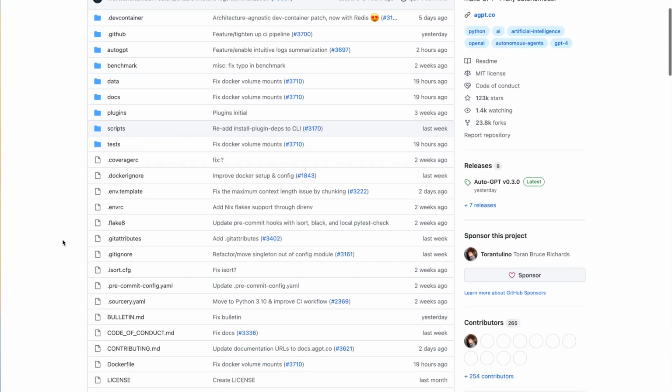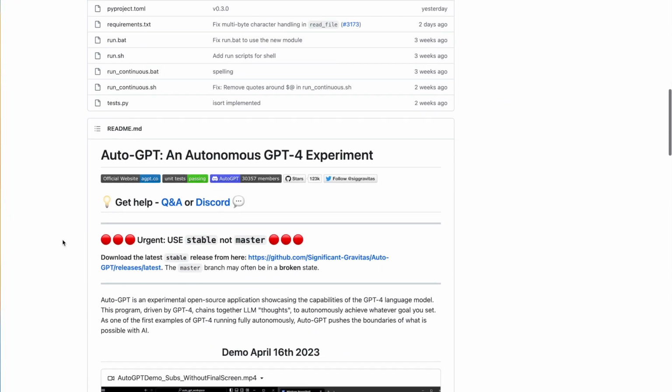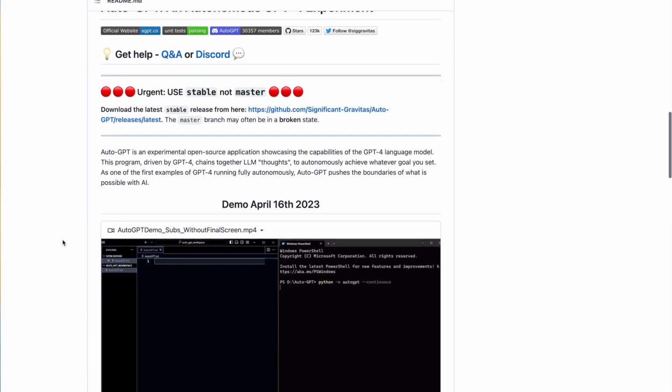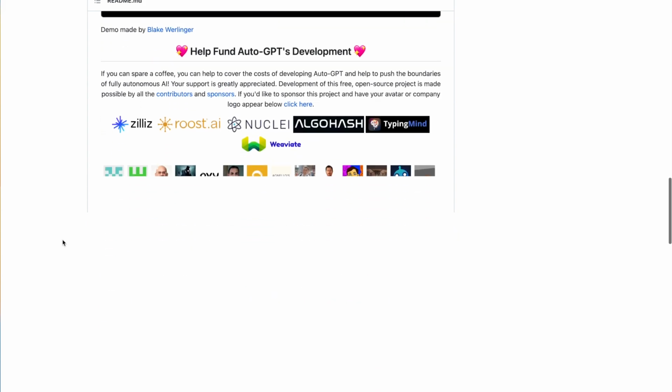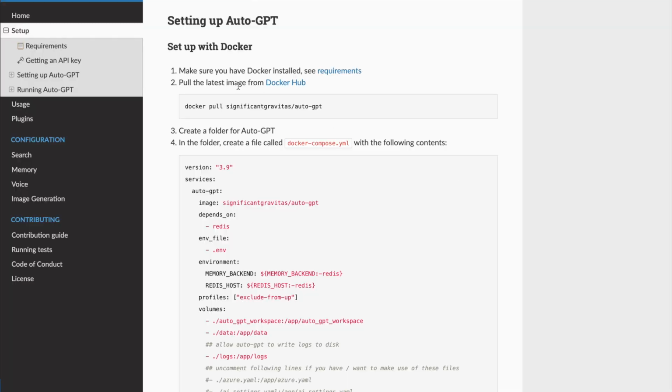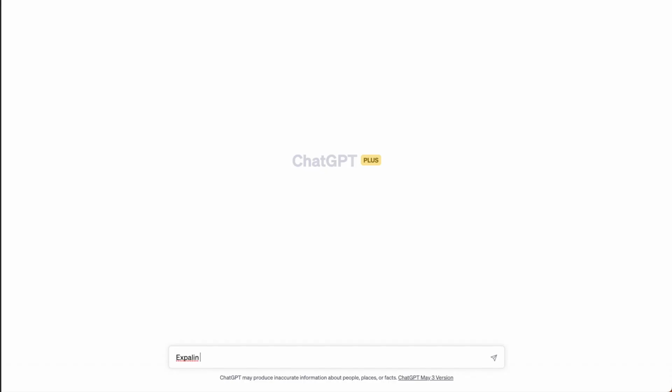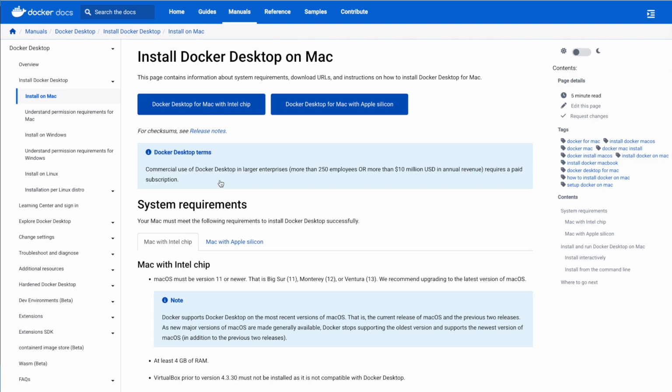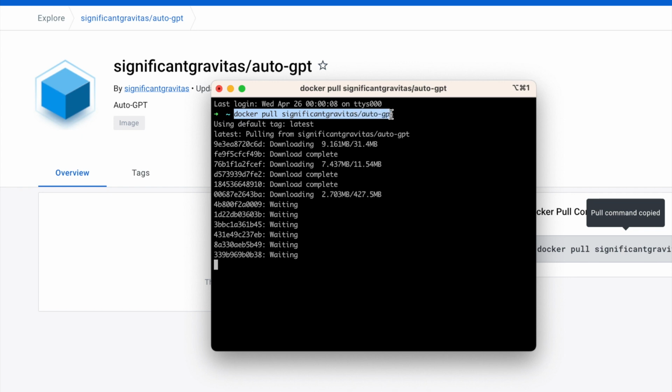So we can start by checking out the AutoGPT repository on GitHub. I'm not necessarily going to read through all of this, but I will hit the main points. If you open up Setup, it will bring you over to their documentation. The easiest setup is to use a Docker container. If you're unfamiliar with Docker, I'll let GPT-4 explain what that is for me. In short, a Docker container holds all the ingredients to run an application, regardless of the operating system. If you don't have Docker, you will need to download it on your computer, and then pull down the AutoGPT